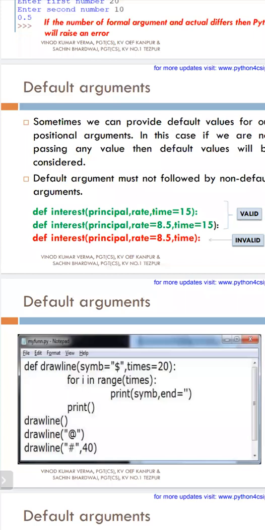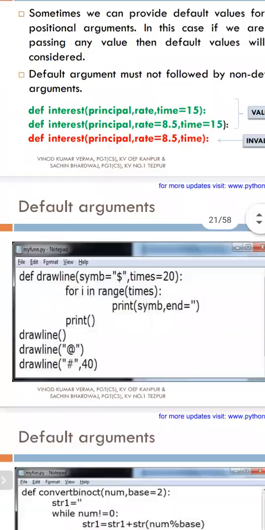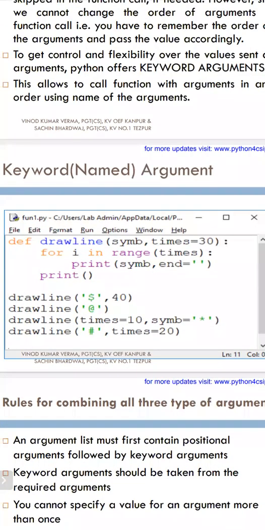Last class we discussed the simple interest program. So P equal to 10,000, and the rate of interest R equal to 4, and the number of terms N equal to 5.